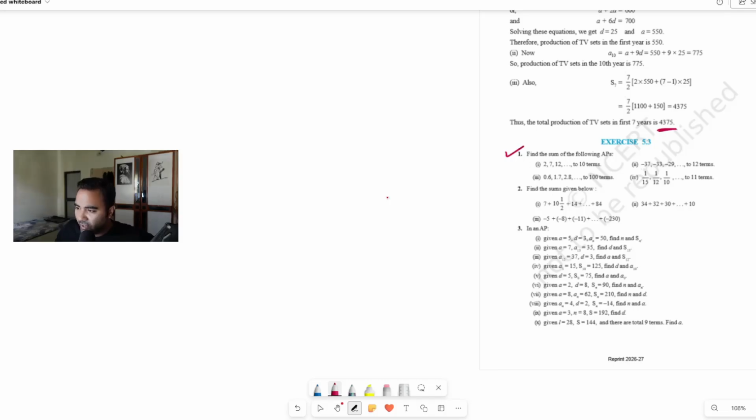We'll do this one. Find the sum of the following APs. Okay. So what I'm going to do is I'm going to do the second one, and then the rest of them you can do because all the questions are based on the same formula, that is minus 37, minus 33, minus 29 to 12 terms. Whenever you get a question like this, first of all, it is very important for you